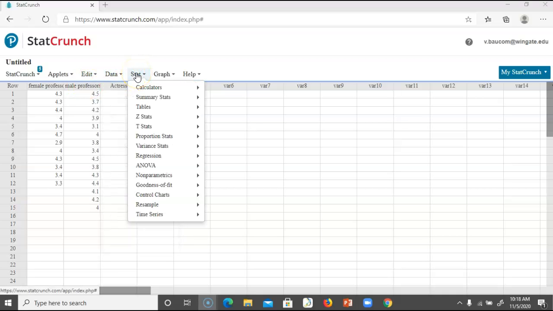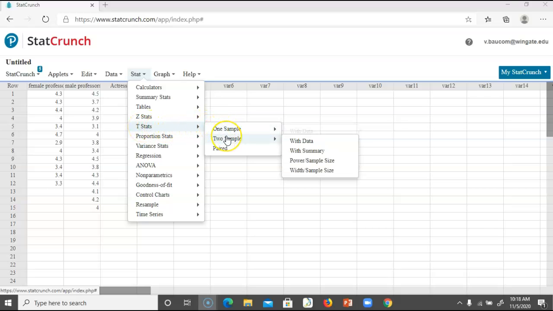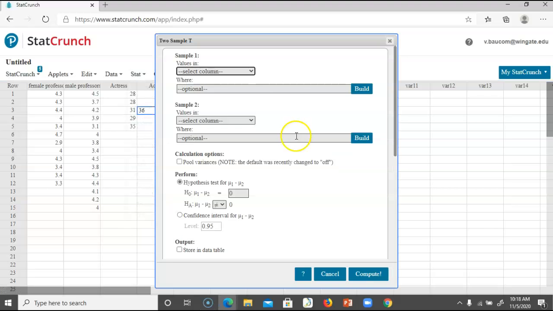I'm going to go here to Stat, and I'm going to go to T-Test. This time I'm going to do two sample, and I'm going to do with data, and if you happen to have summary statistics provided, then you choose with summary. If I do with data, my first sample is the female professors, and the second sample is going to be the male professors. And when I go to set this one up, this was a two-tailed test. So for a two-tailed test, I'm going to choose the does not equal,